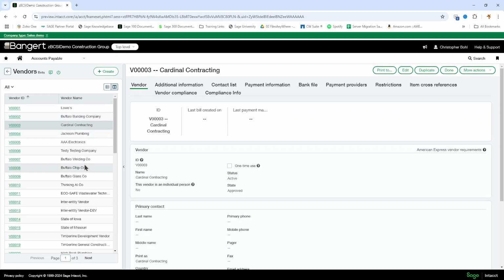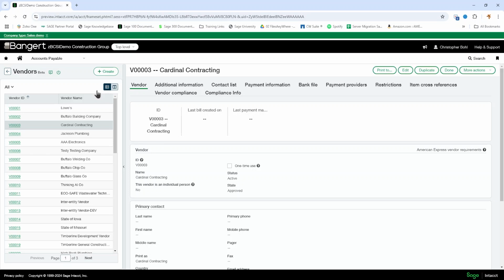So if I need to go through several of my various different list items, so maybe I'm looking at invoices and I need to go through my invoices and make a change here or there, I can go through a lot of them really quickly, make the changes I need, and then move on to the next one without reloading the list. And if I need to go back to my list view, all I do is click on the list view here, and that'll take us back to that enhanced list view that's more a traditional list view.